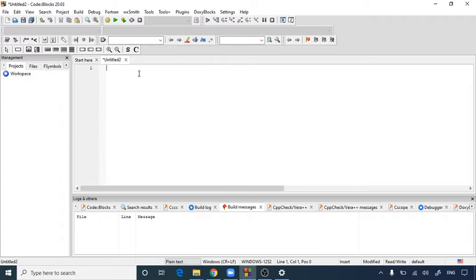So first of all, I will write our header file, that is #include stdio.h, and then I will write the integer main function. So I write int main in brackets.